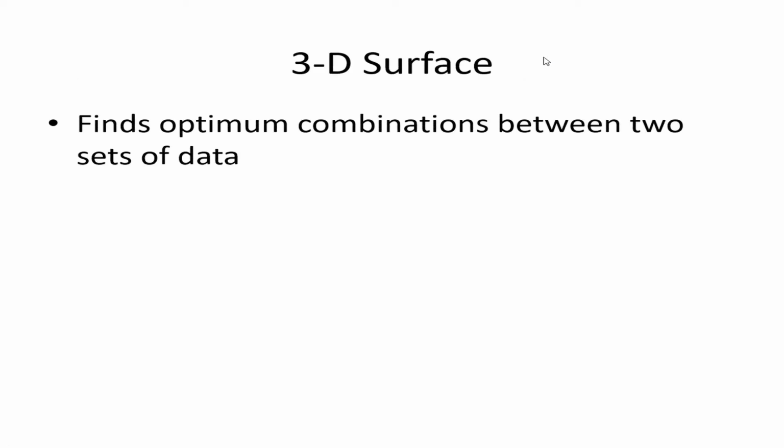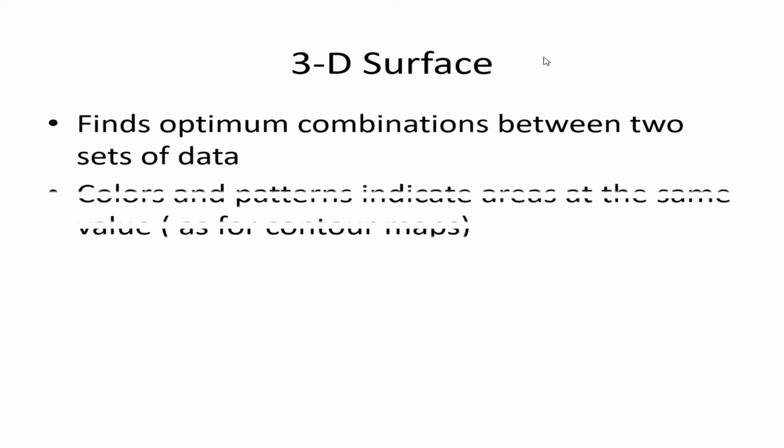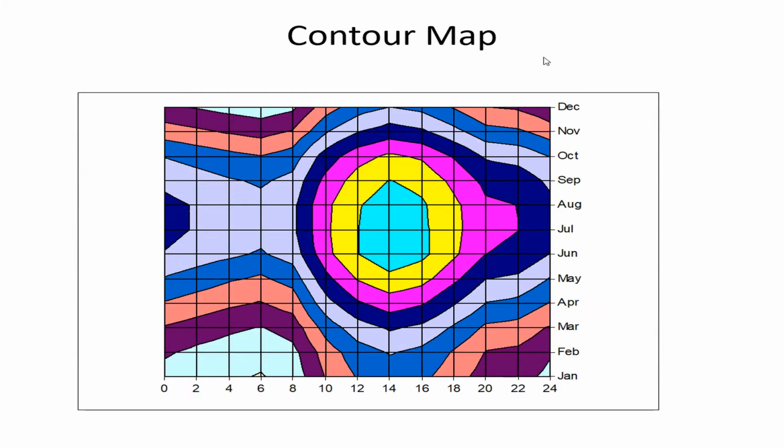And this 3D surface finds the optimum combination between two sets of data. This sentence is written because if you would like to look for the maximum or the minimum value, you can plot a 3D graph, and then you can spot quickly where the maximum or minimum is. And also, the colors and patterns indicate areas at the same value as for contour maps, and you can control the number of steps and the colors, and you can convert this 3D graph into a contour map,